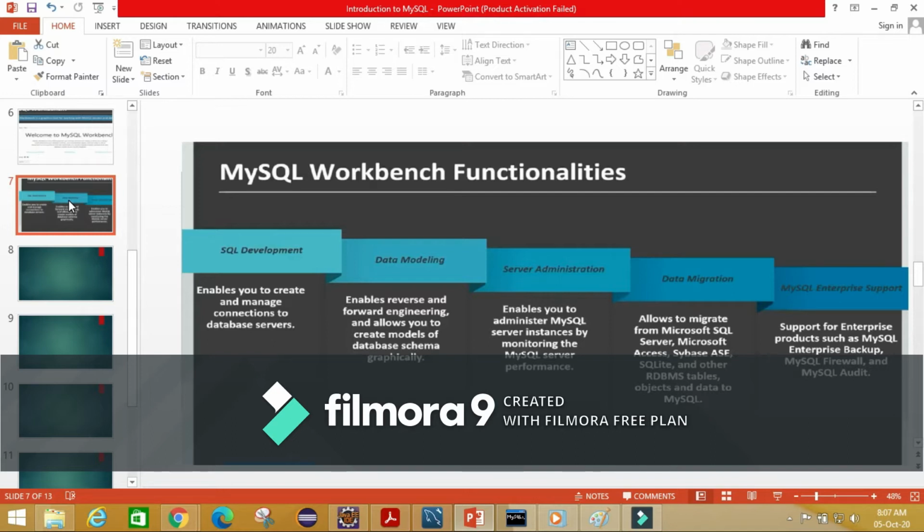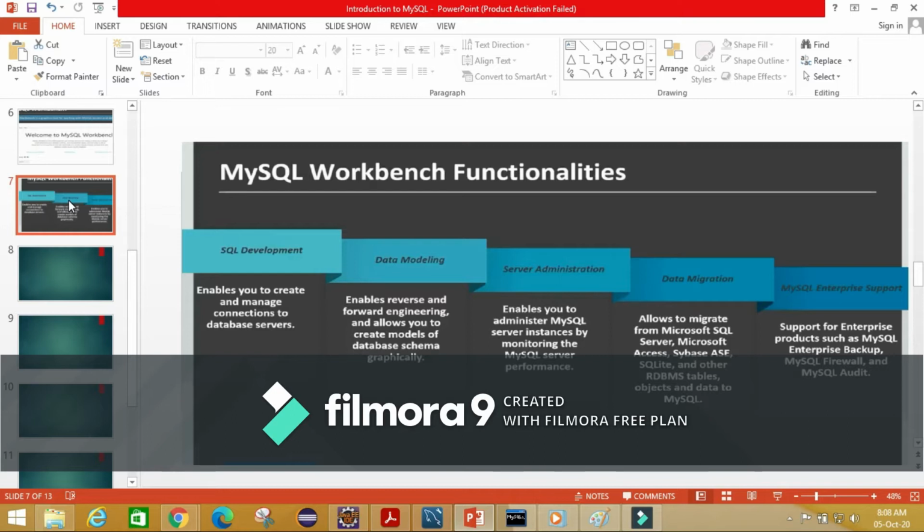Okay, now let's talk about these one by one. First is SQL development. This functionality provides a capability to execute SQL queries, and create and manage connections to database servers using the built-in server editor.